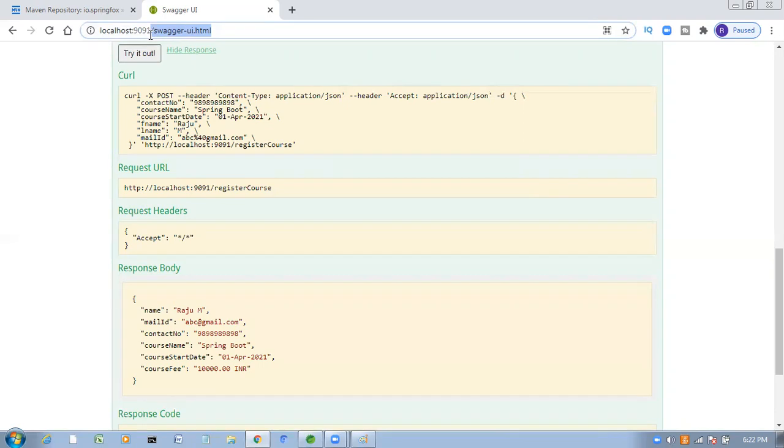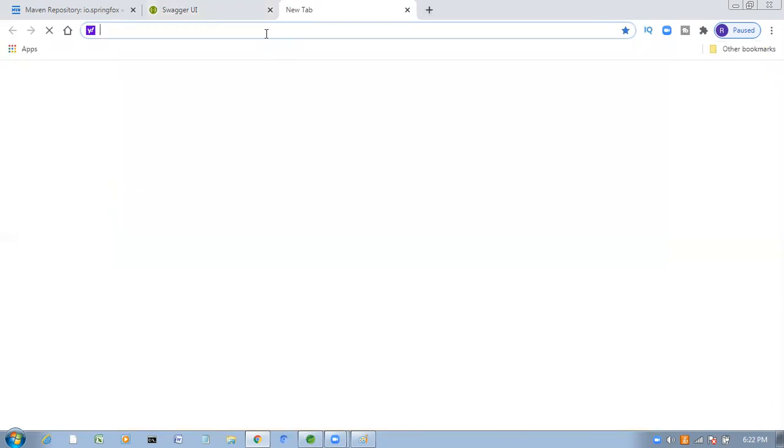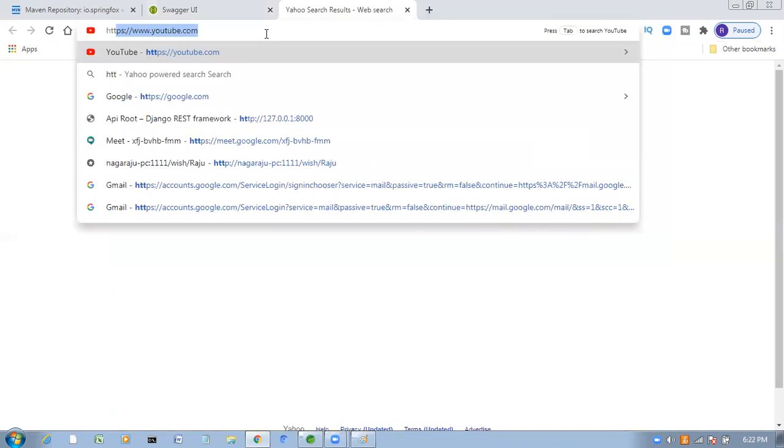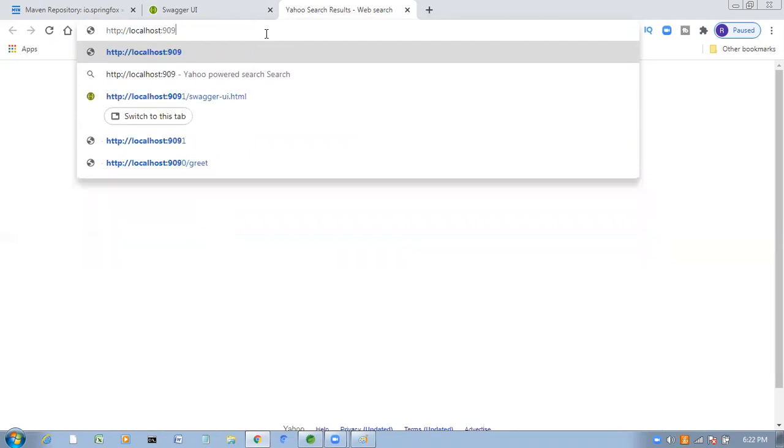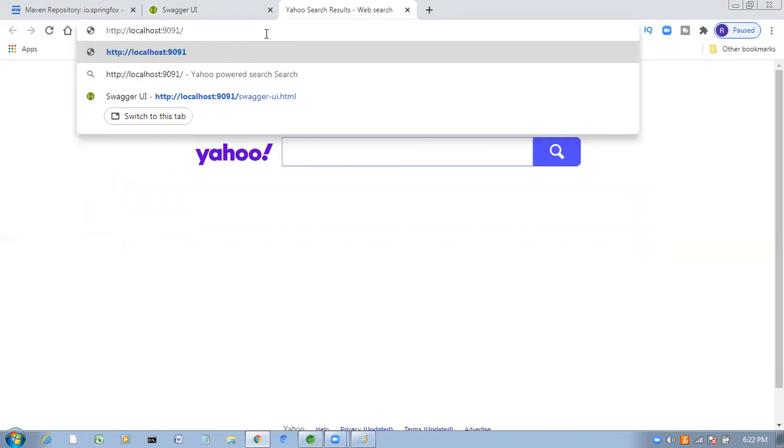And where is the document? I want to see the document. Actually, the main purpose of using Swagger is to generate the document, right? Where is the document? For that, we have one more predefined URL. What is that? HTTP localhost 9091 /v2/api-docs.